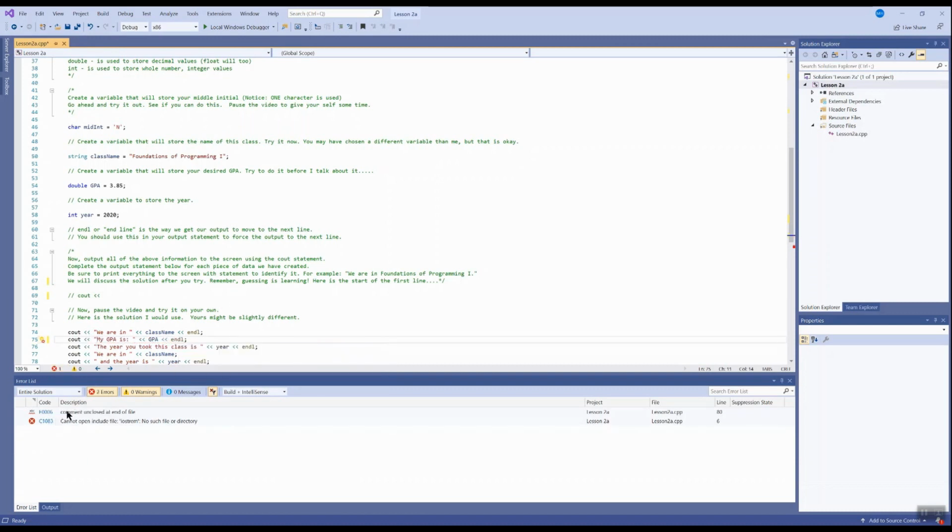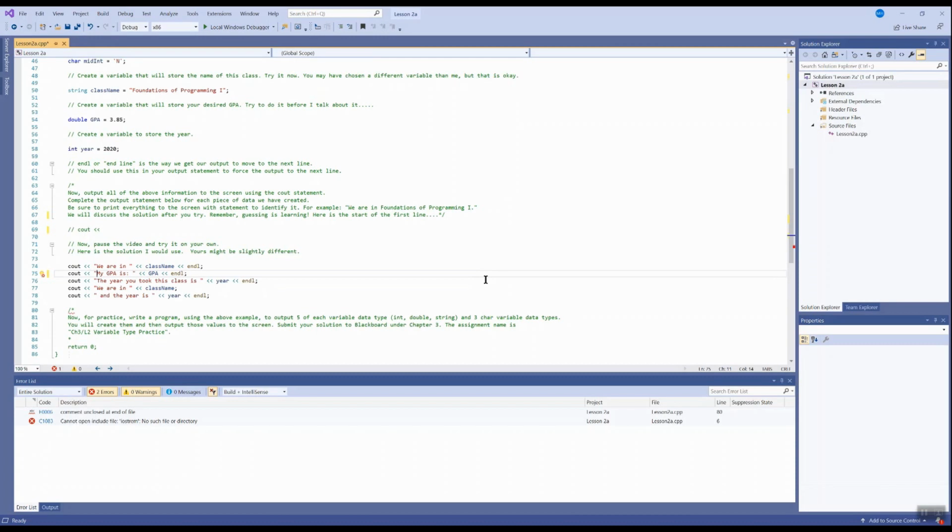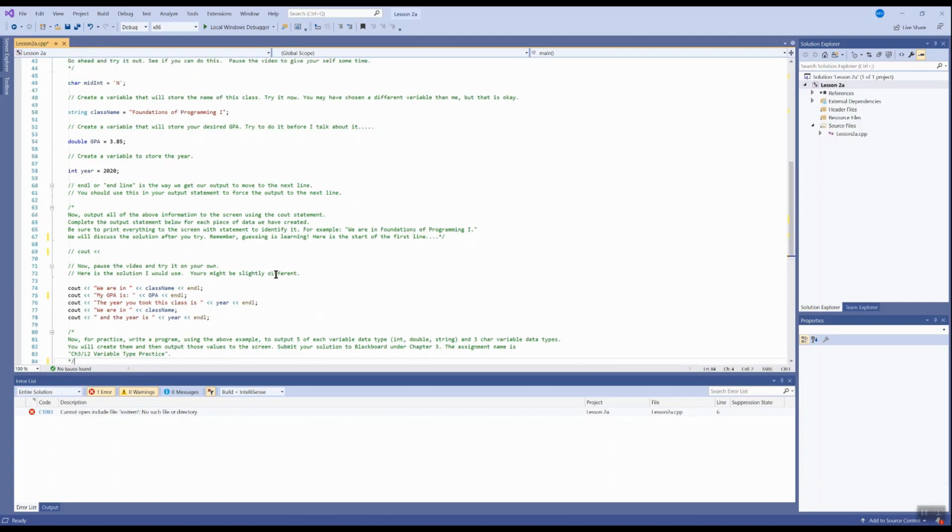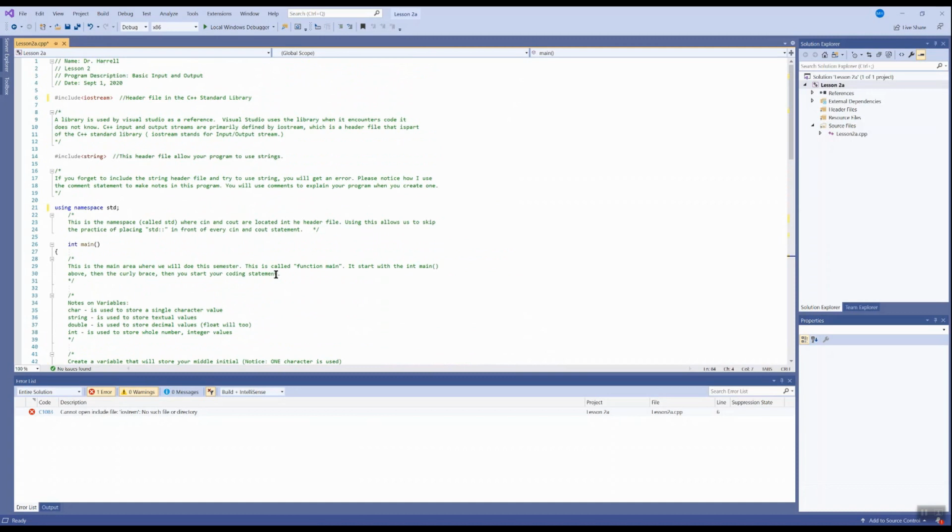The next error, comment unclosed at end of file, line 80. So let's scroll to line 80. Look, once again, I opened my comment, but looks like I lost my slash to end it. So I'll just add that slash and see what happens. Look, the error disappeared. And it's still complaining about IOSTREM, no such file or directory, but that's on line 6. We've already fixed line 6, so I think I'm in good shape. I'm going to double check line 6. Yeah, I fixed it. All right, so I'm going to go back to build and hit build